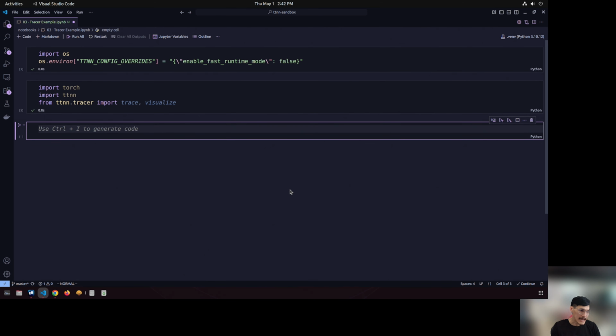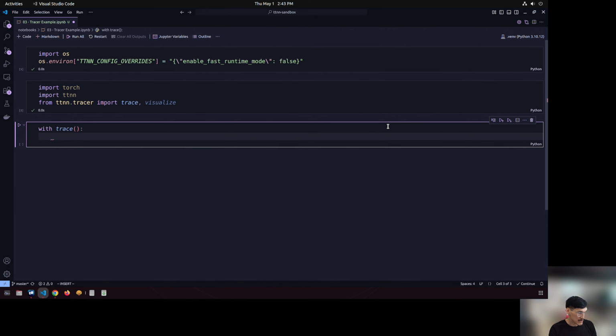So I want to go back and demonstrate this tracer code in a familiar operation. That's going to be the matrix multiplication. I'm just going to create two tensors, multiply them together, and visualize that. I think that gives us a gist of how we can use this tracer at a very basic level. So if I write with trace here, as in the documentation example, I could create a tensor